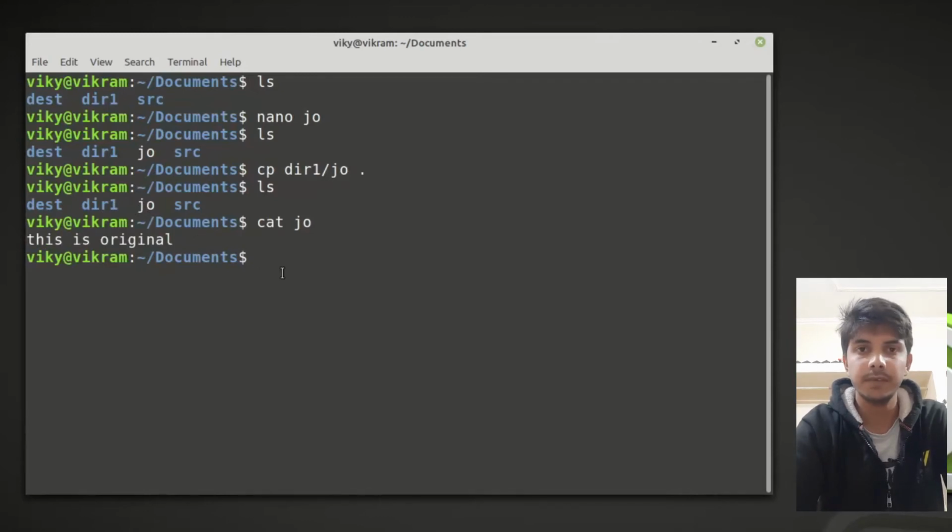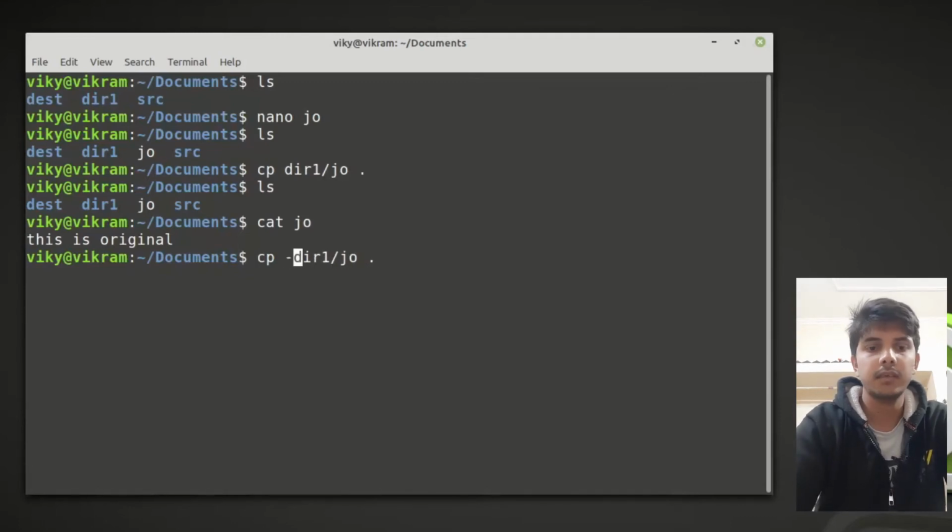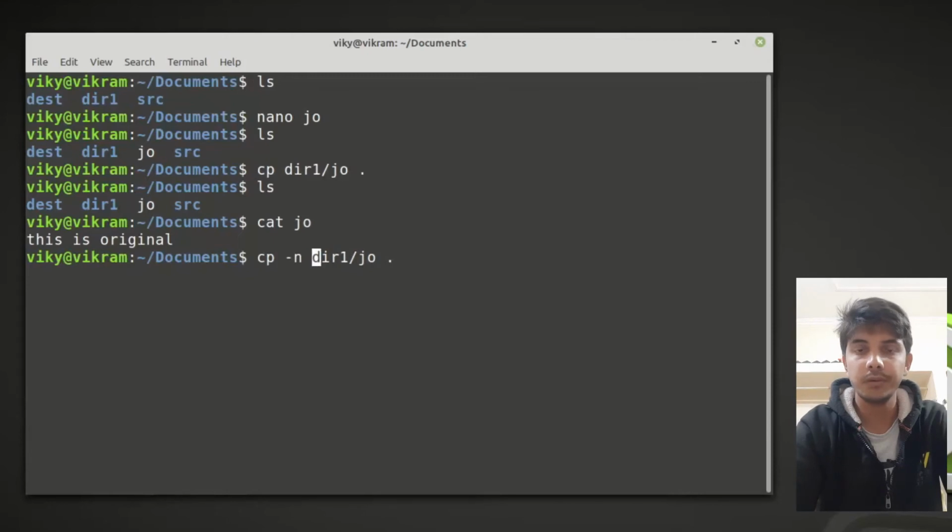Okay, what was there previously. So by default the files are going to be overwritten, and the same thing goes with the directories, right? Now to avoid this, you can specify the -n option. Okay, -n means do not overwrite, right? So if I press enter now, then you can see nothing happened.